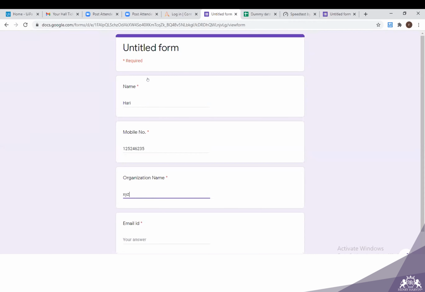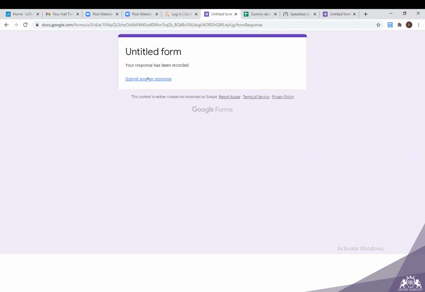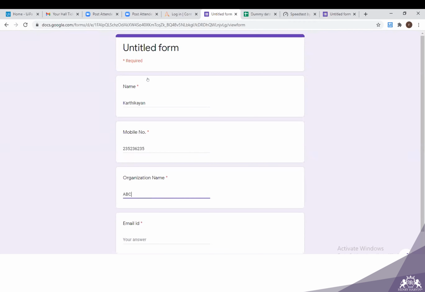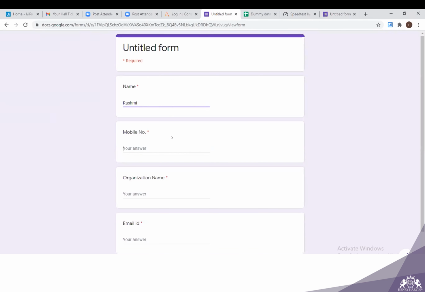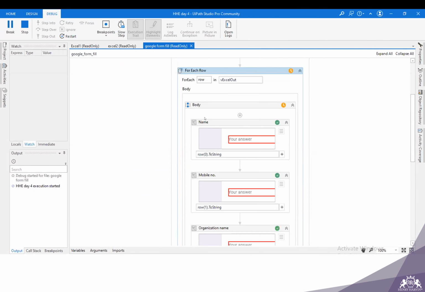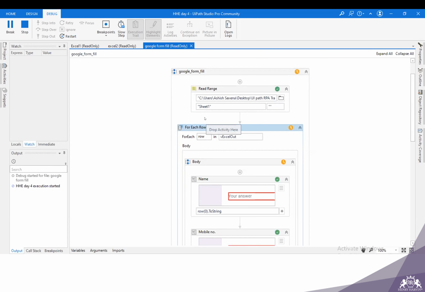You can even add it at the runtime, or add it even after creation of this workflow. All right, so it is doing it for all the rows one by one, because we have taken for each loop, and in for each loop, for every row it is performing this action. Seems like magic. All right, so I just stop the execution. All right, so execution is automatically completed.